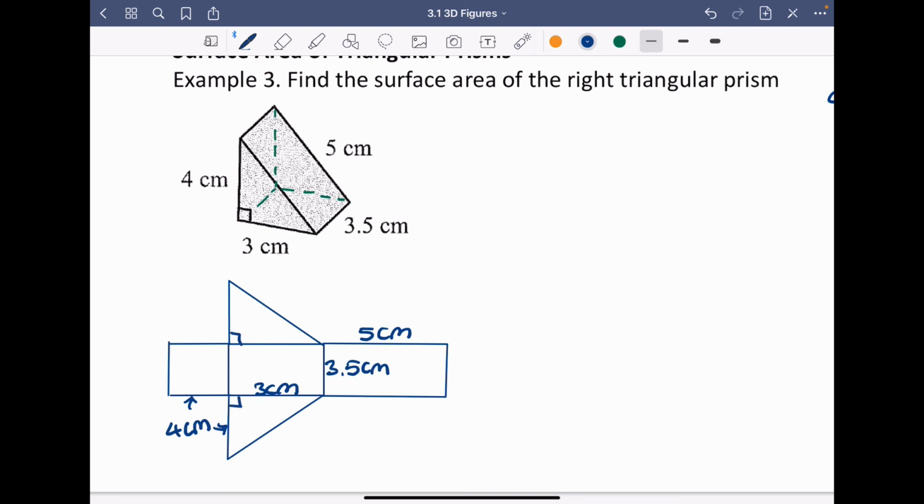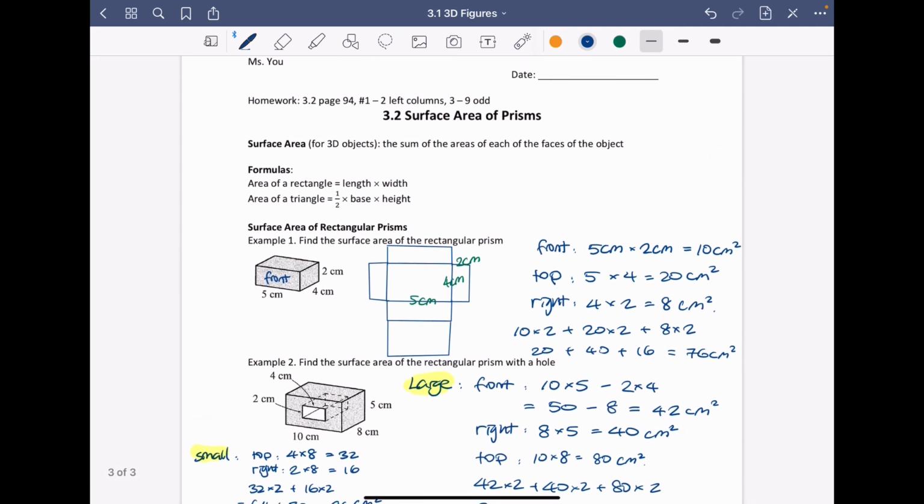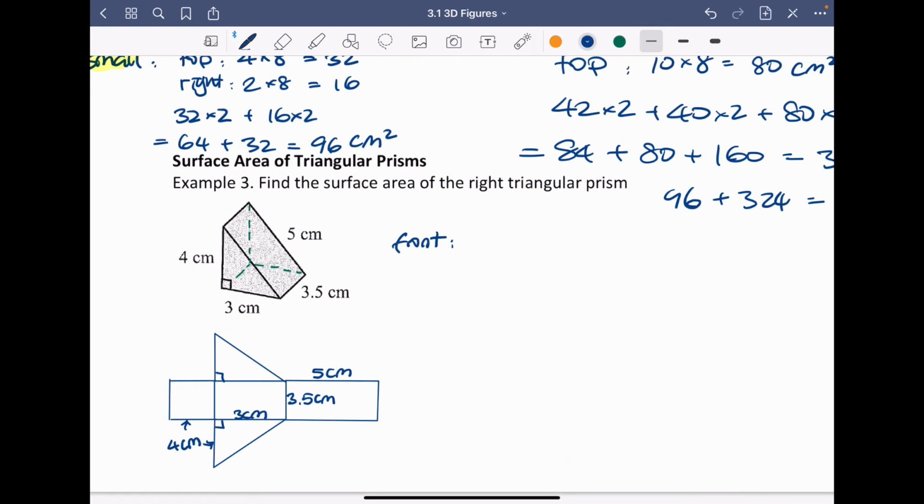Okay, now we need to find the areas of each of them. So this one, this one, this one, and then these two are the same, so we can find 1 and then multiply by 2. So the front face here, it's a triangle. Triangle has a formula of half times base times height. So half times the base of this triangle is 3 centimeters,